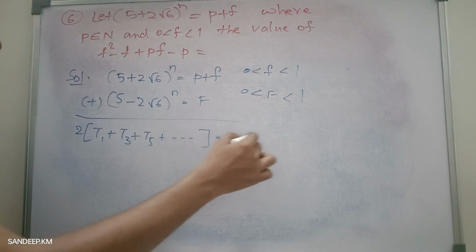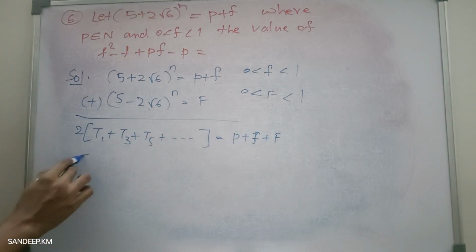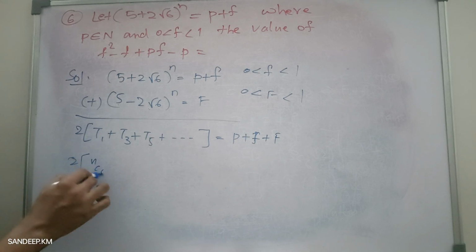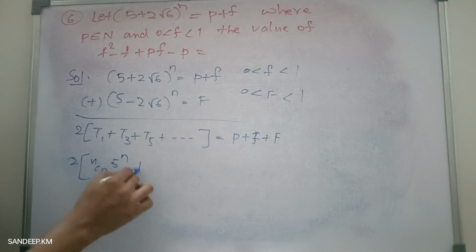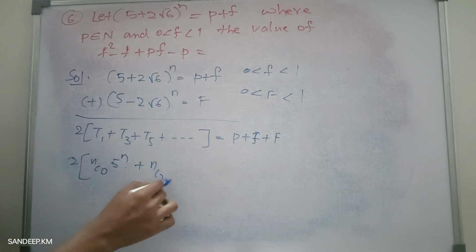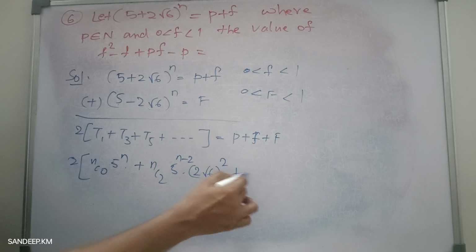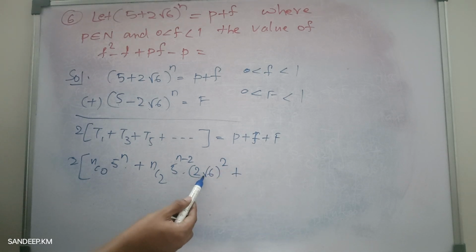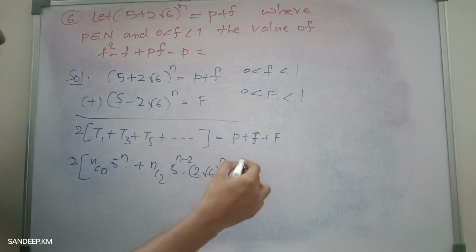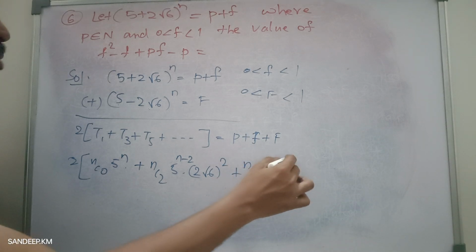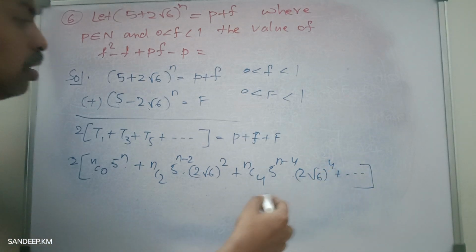and on the right side I'll get p plus small f plus capital F. Okay, so 2 times. The first term is what? nC0 5 power n plus the third term is nC2 5 power n minus 2 into (2 root 6) whole power 2. Please observe, dear students, the root is getting cancelled. Yes, that means we have to add here. Plus nC4 5 power n minus 4 into (2 root 6) whole power 4 and so on is equal to,